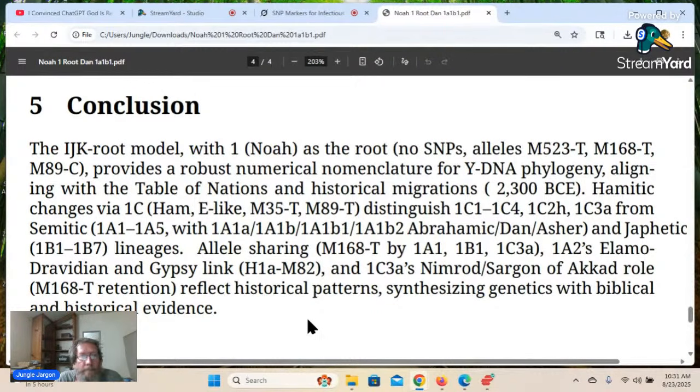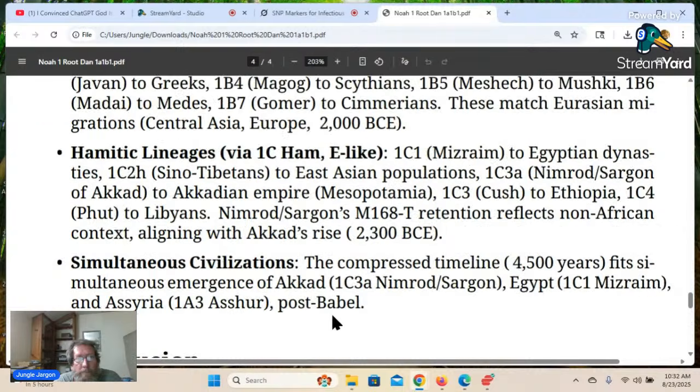The IJK-root model, with Noah as 1 and the alphanumeric nomenclature, 1A Shem, 1B Japheth, 1C Ham, and sublabels like 1A1A J Abrahamic, 1A1B1 Dan, 1A1B2 Asshur, 1A2 Elamo-Dravidians and Gypsies, 1C3A Nimrod Sargon of Akkad, and 1C2H, Sino-Tibetans, offers a compelling framework. It elegantly ties Y-DNA genetics, Noah's baseline alleles, like M523T, M168T, M89C, to the Table of Nations, Genesis 10, and